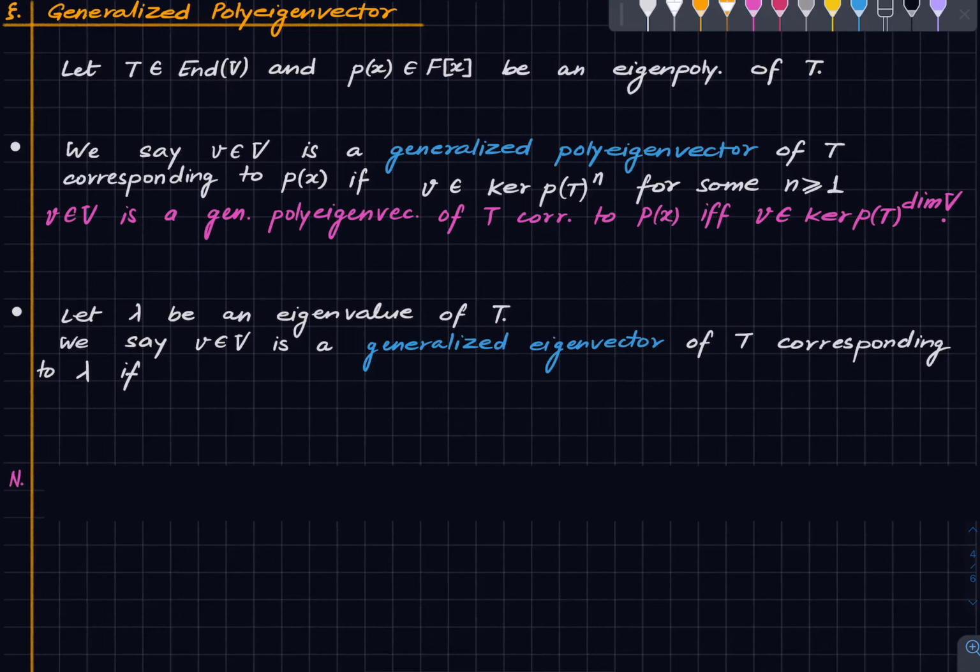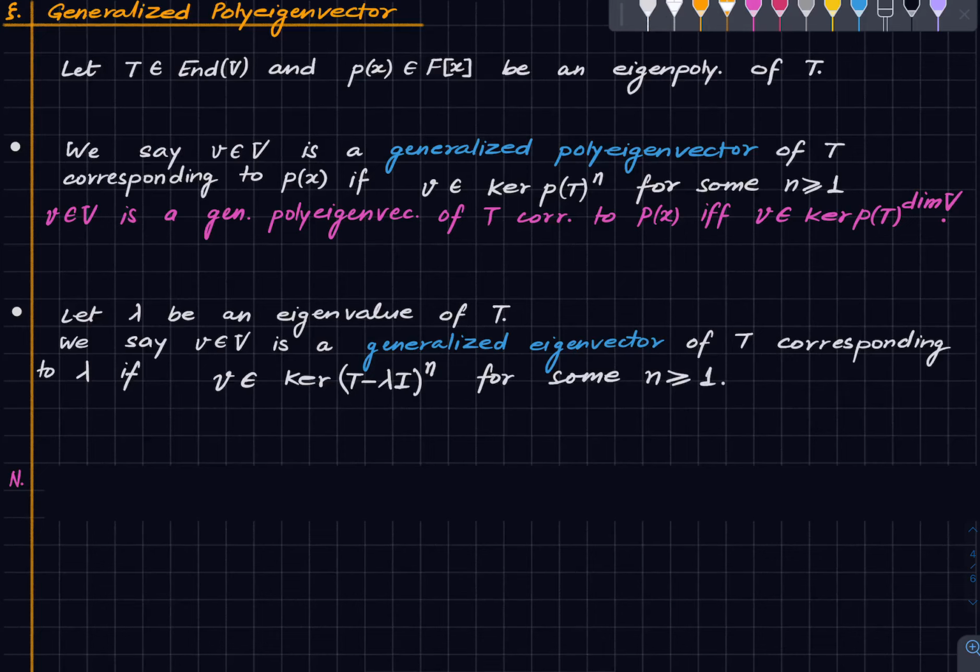So let me write this down and then say more. Fix an eigenvalue lambda of T. We say that a vector v is a generalized eigenvector of T corresponding to lambda if v lies in the kernel of